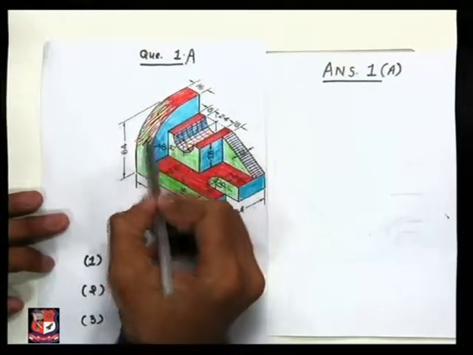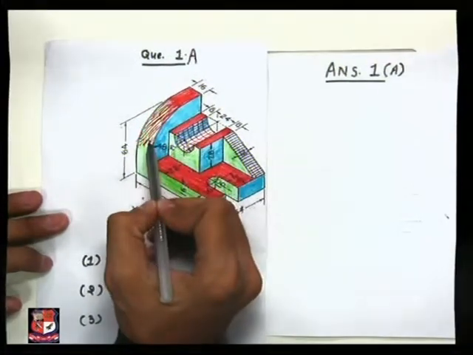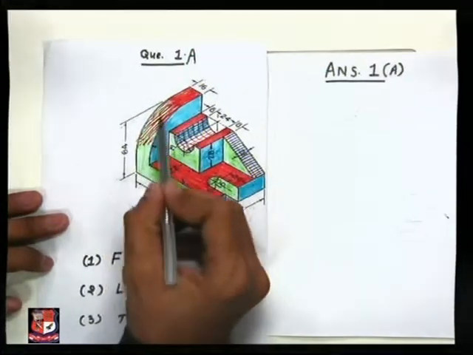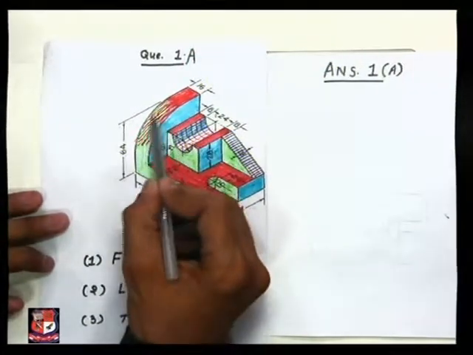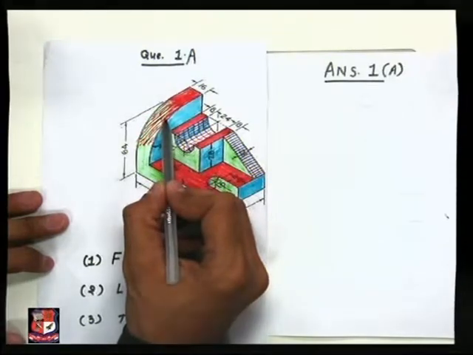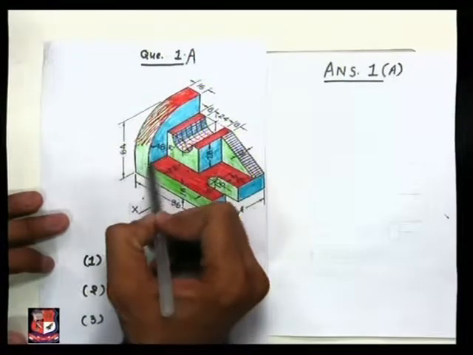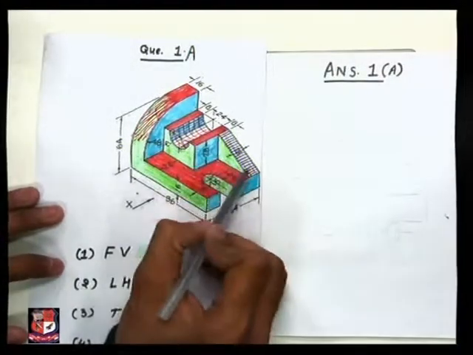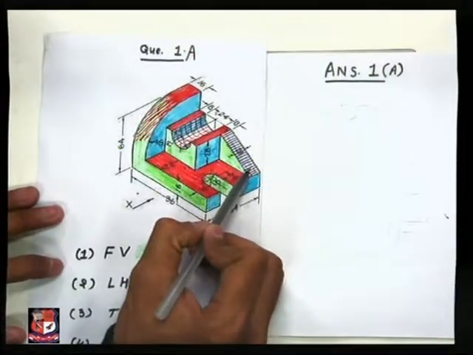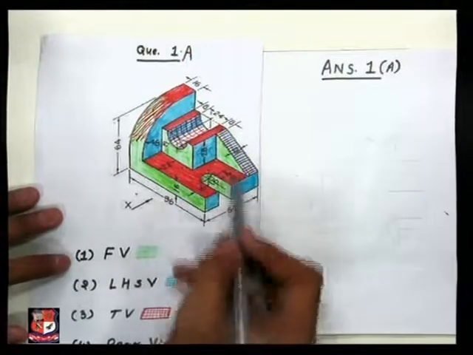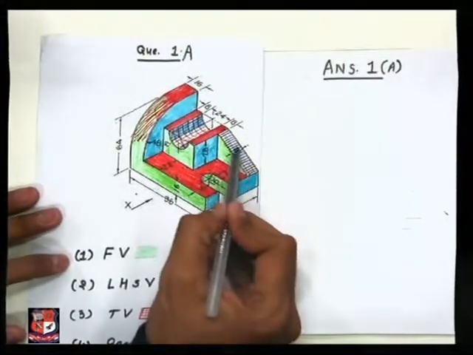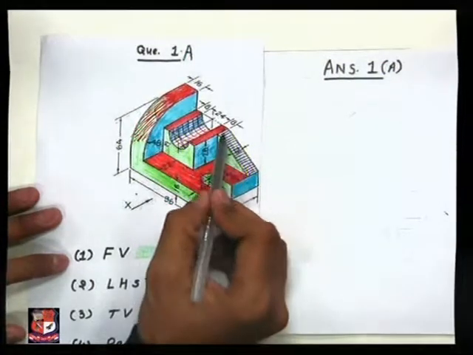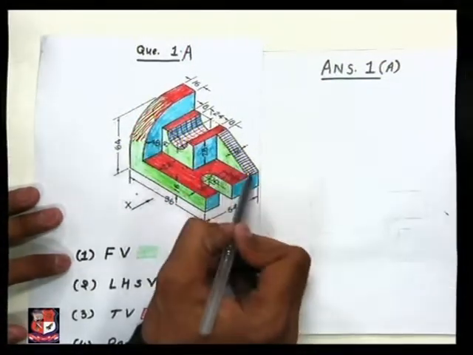And here this surface is the combination of two views, red colored for top view, green colored for front view. So this radial arc would be visible in both the views, in top view as well as in front view. Similarly, this edge also will be visible in top view as well as in side view. If you look from side, this surface would be visible in right hand side view, and in left hand side view it is to be represented by dotted line.